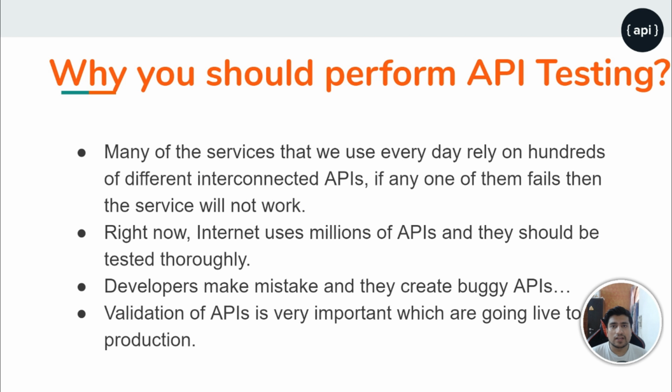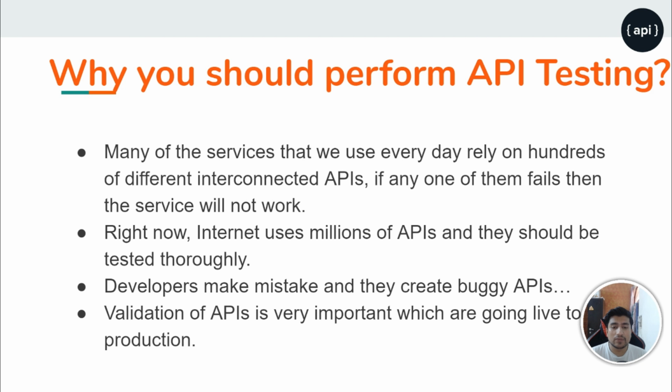The next question is why we should perform API testing. I'll give you an example. The third of the four points I have mentioned is that developers will make mistakes and create a buggy API. For example, the front end is expecting 21 keys to come in a JSON format, but it is coming as 21, and in the front end there was logic to calculate the number of keys. So it will break the UI, right? It will have a very bad impact on the client side if there is a particular bug in the API. So we need to test the API extensively.